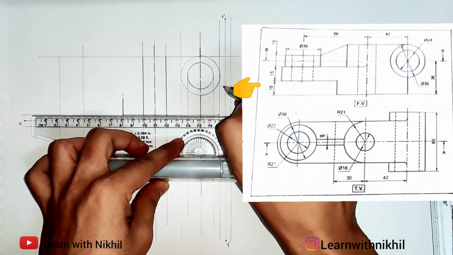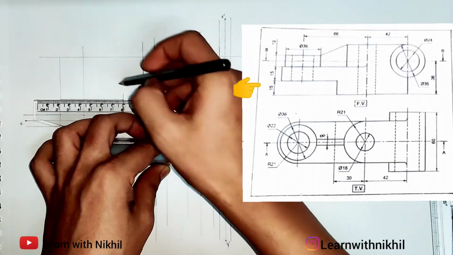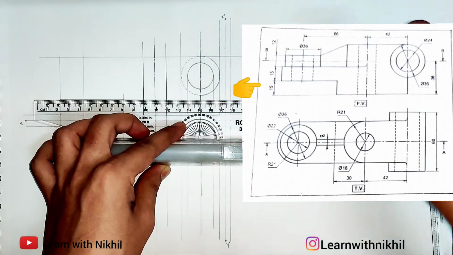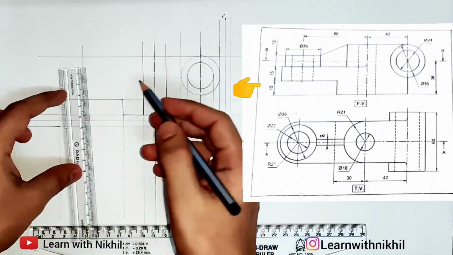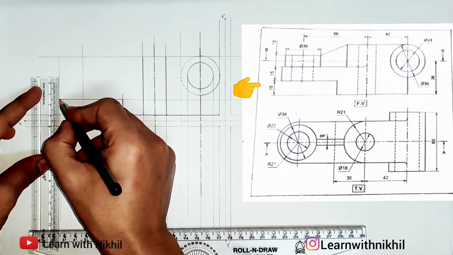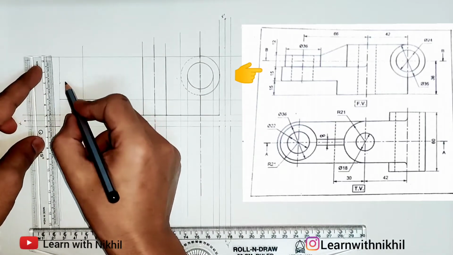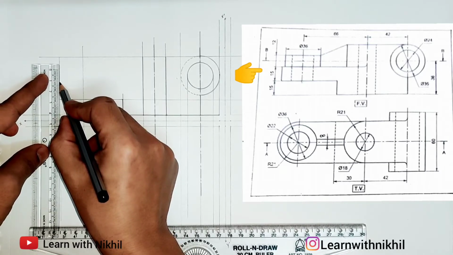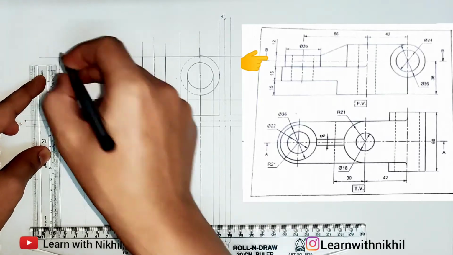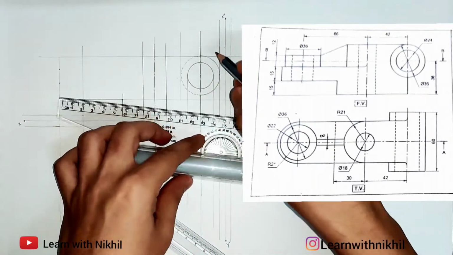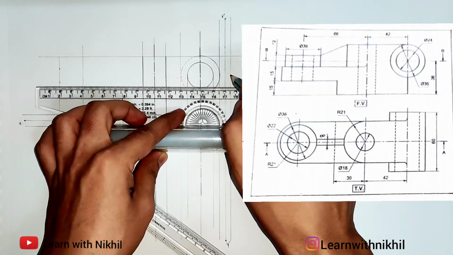Draw a parallel line through that point, extending towards the end and taking the projections to the right side. Later on we'll draw the left hand side view there. Now this height is again 15 millimeter. So I'm marking a point, and through that point 15 millimeter more, the height is 12 millimeter. So 12 millimeter above we have marked the point. Now again drawing parallel lines through those points, extending towards the left hand side view.